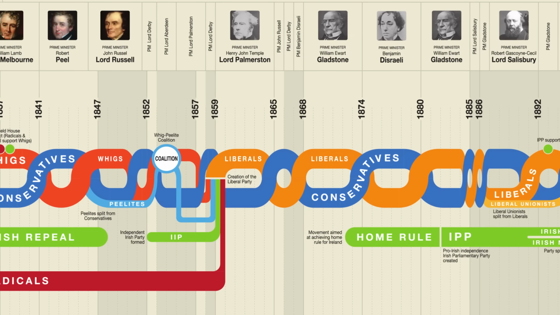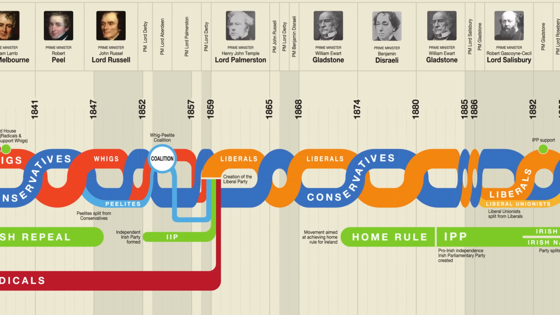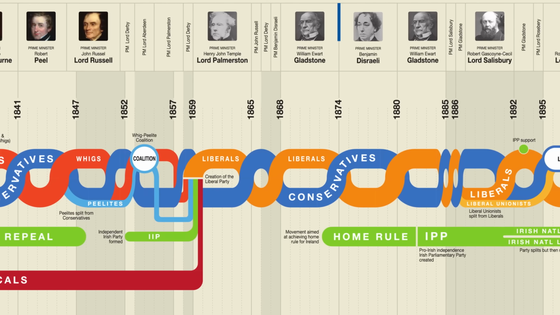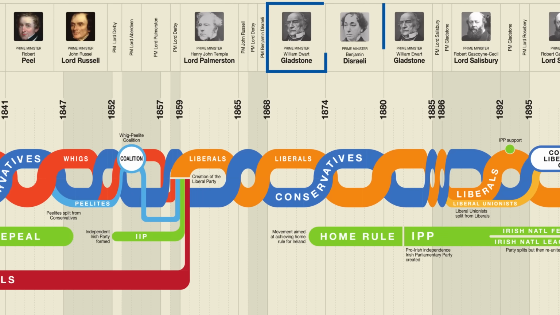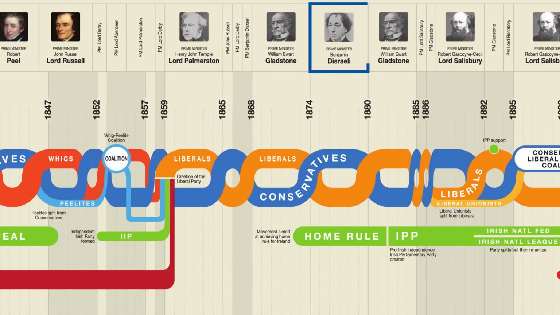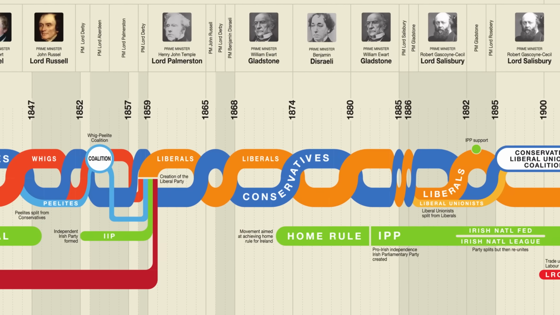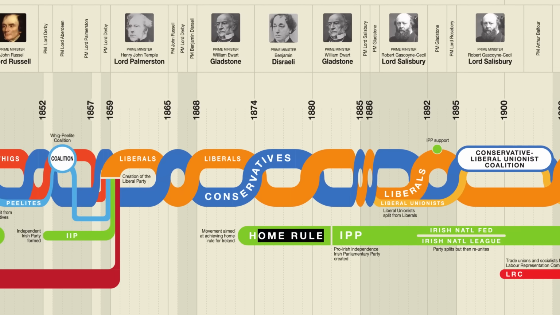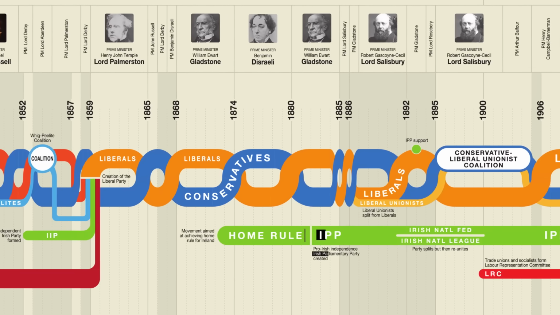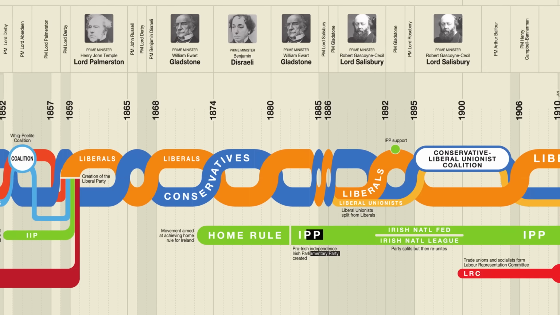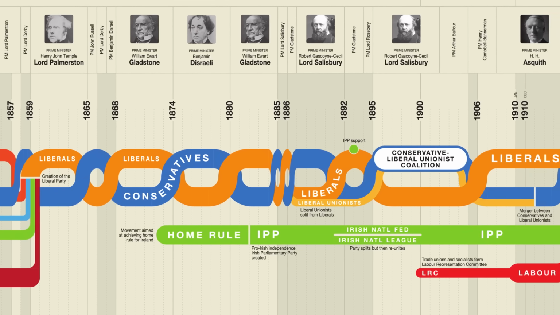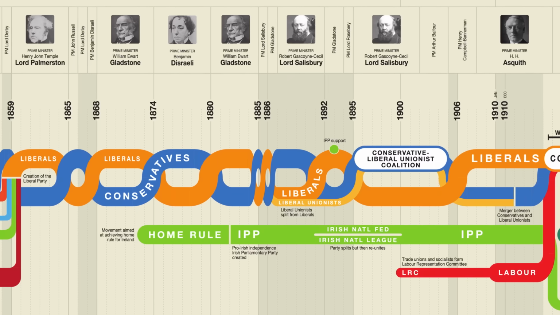Over the next 3 decades, power went back and forth between these 2 parties, with the 2 main leaders being William Gladstone for the Liberals and Benjamin Disraeli for the Conservatives. During this period, a new movement advocating for Irish Home Rule also rose up, which eventually evolved into the Irish Parliamentary Party, or IPP. By 1885, Gladstone and most of his fellow Liberals were supportive of Irish Home Rule, but